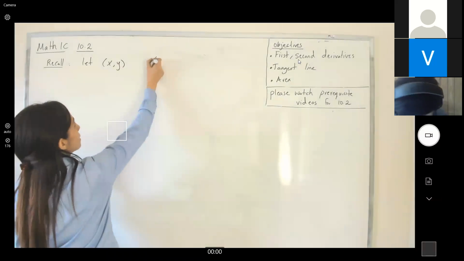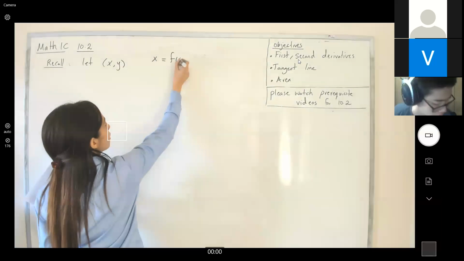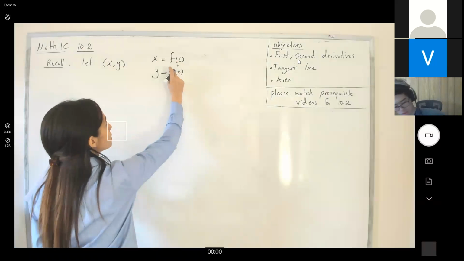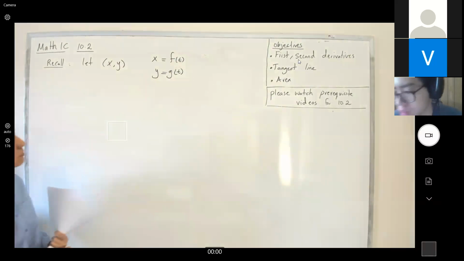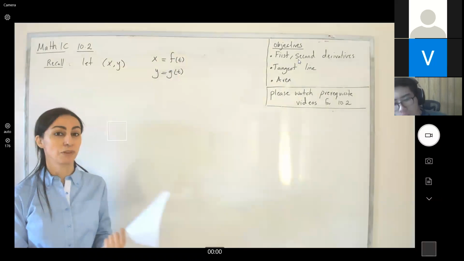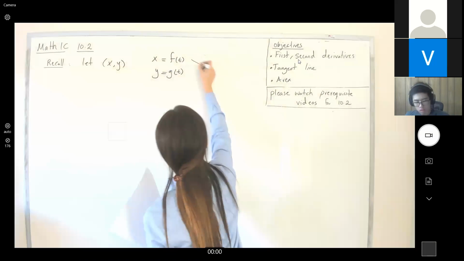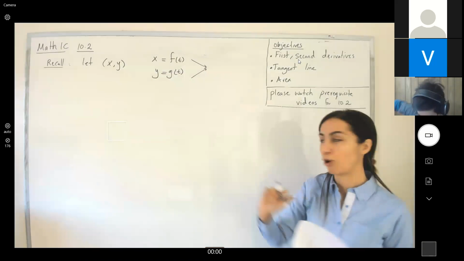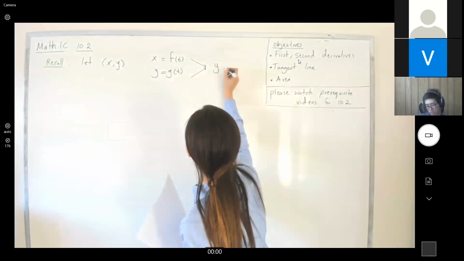We said that suppose x is equal to f of t and y is equal to g of t. Well, after eliminating the third variable, like t, we could find a relation between x and y, like y equals